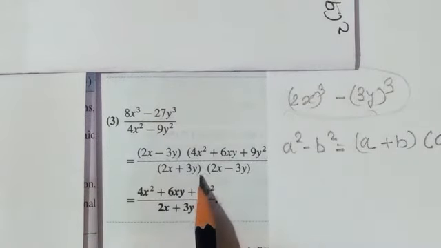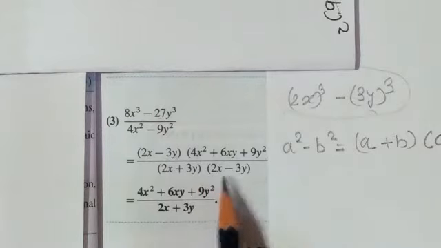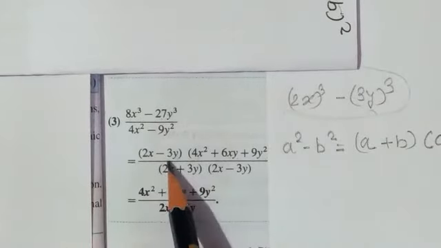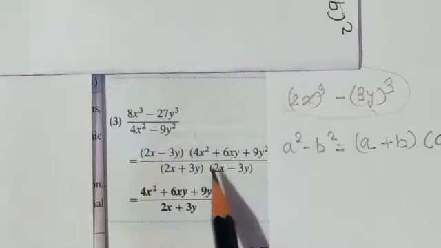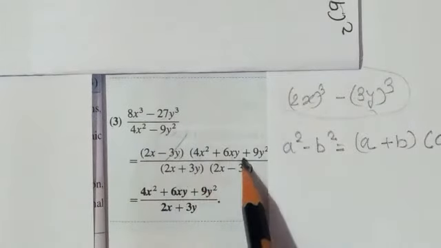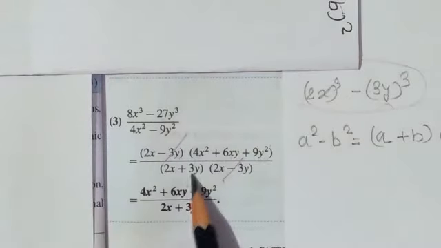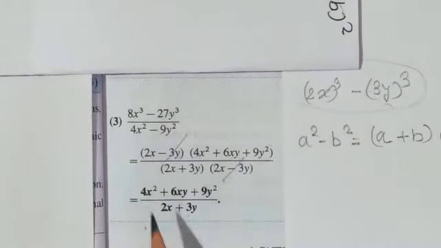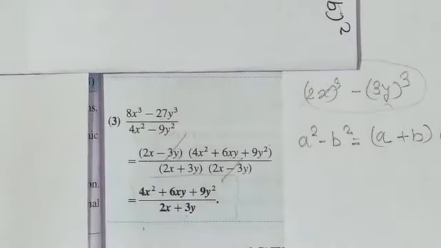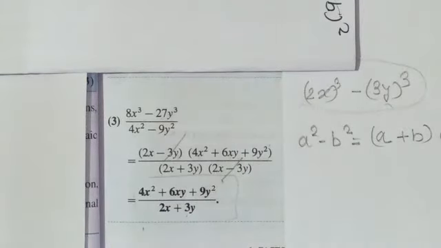Like that way we can use that. Now students, we can do the process of cancellation. 2x minus 3y, 2x minus 3y, this one will be cancelled, and whatever is remaining, that we are going to write. This is our answer which we have to write into the box. If you want, you can take the screenshot.